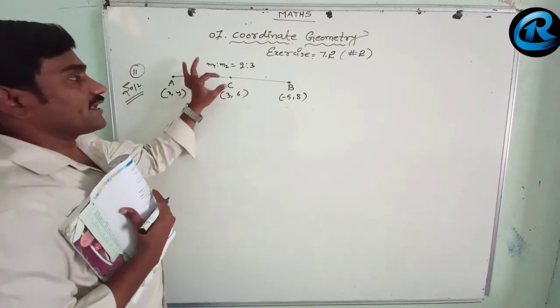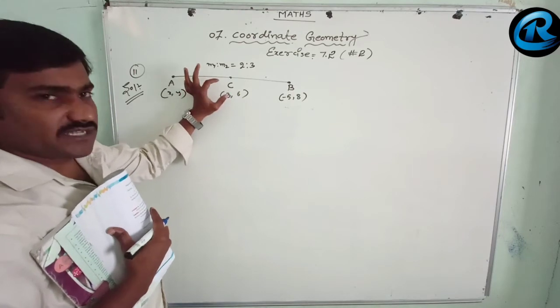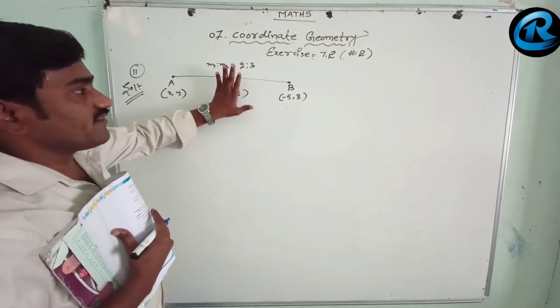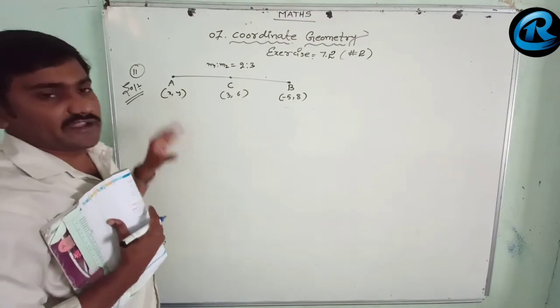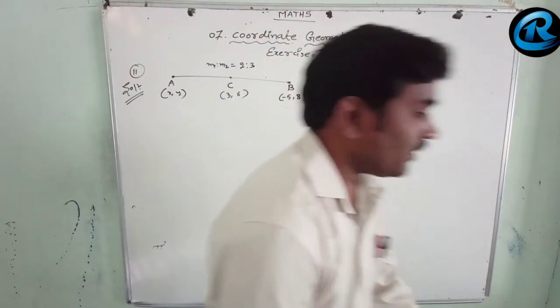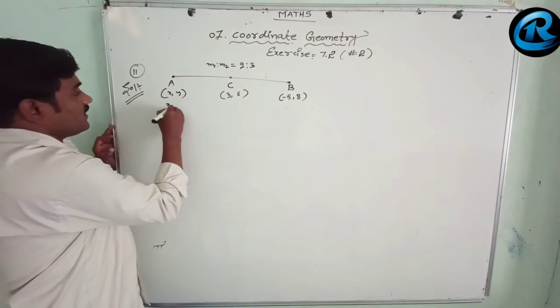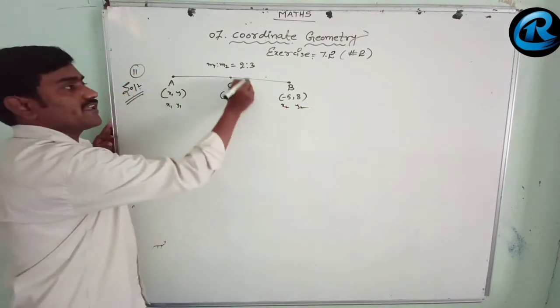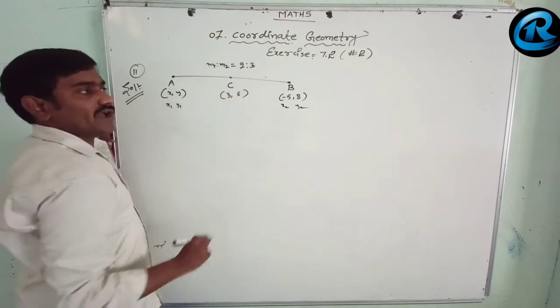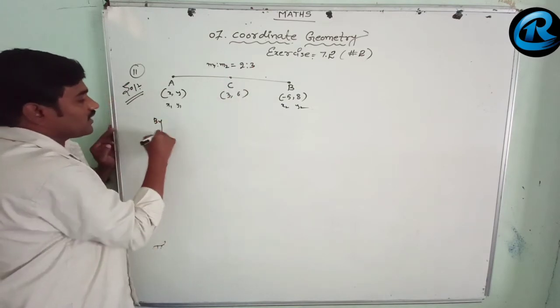Here the divided point C is given, the ratio is given, and the other end point is given. We can easily find this point now. Here it is (x1, y1), this is (x2, y2), and this is C. We have the m1 and m2 values. By using the section formula,